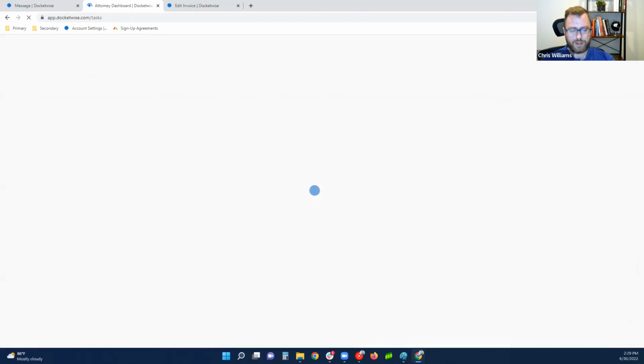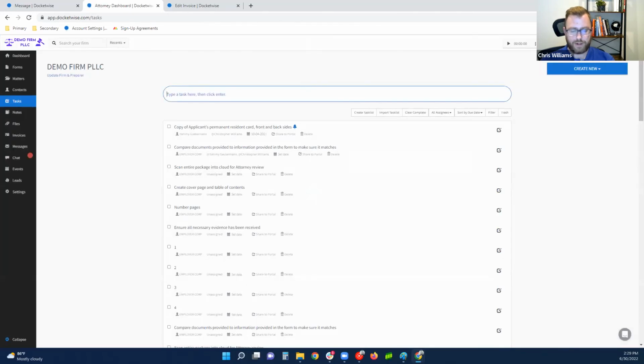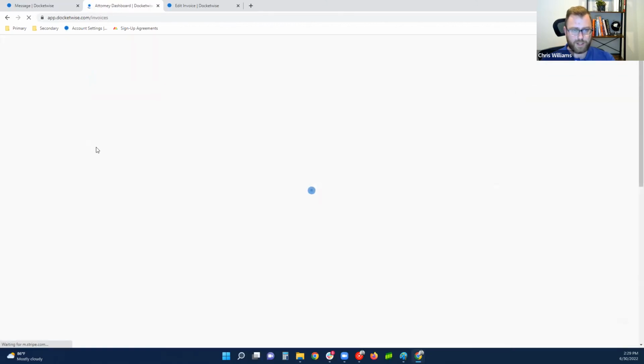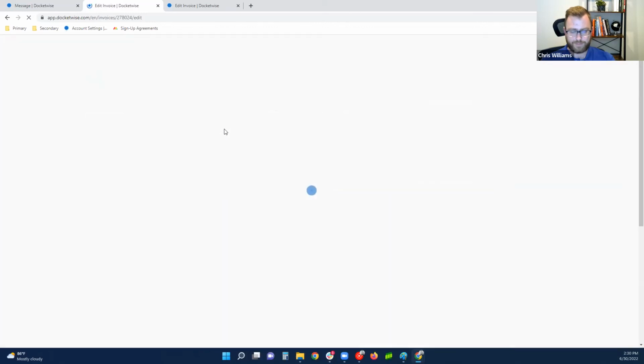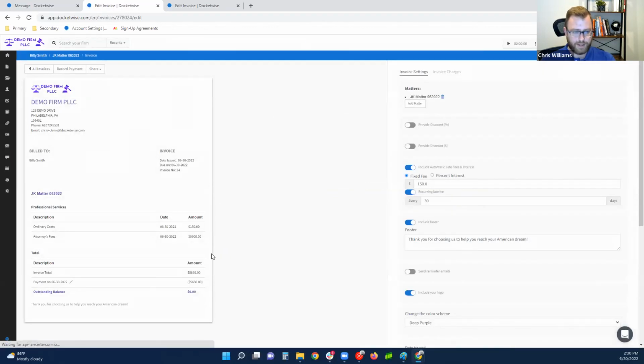So now let's jump into our next new feature upgrade, which has to do with invoicing and billing. We have added the ability to reflect refunds on invoices or invoice payments that were made towards the balance. I'm going to navigate to my invoices dashboard or index, and let's open up this one, for example. We can see that the client has made a payment here,